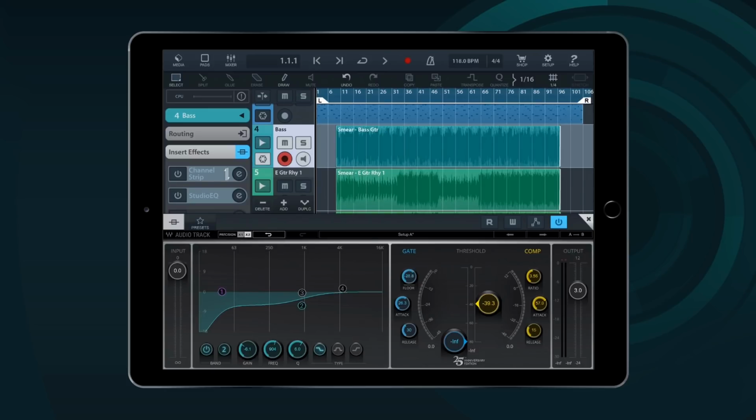And you also have other options, for example, the floor setting, which if you set it to -infinity will just completely mute the audio. And if you set it to any value higher than that, there will be still some signal audible even when the gate is closed. And of course, you have an attack and release parameter. I'm actually using the compressor on the bass track, so let's listen to what it sounds like.